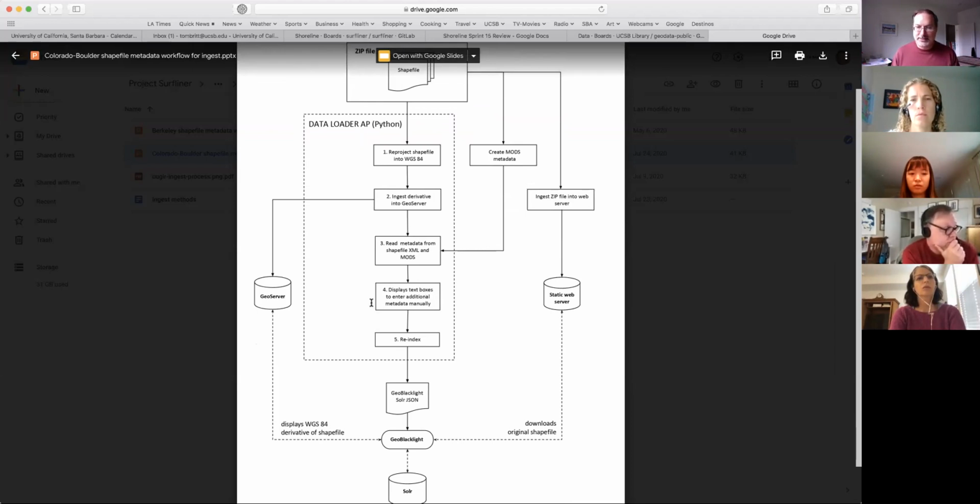So this is kind of cool, because this is one thing that we can't do right now, is have any sort of interaction during the process. And so a lot of the things that we can't get from the XML, Alex has written some code to go pull it from different places, and some of it is hard-coded in, which is fine for now, but eventually that's not going to work. But so then that whole process ends up with this GeoBlacklight JSON file that gets ingested,